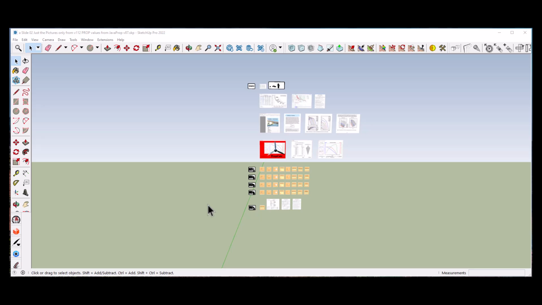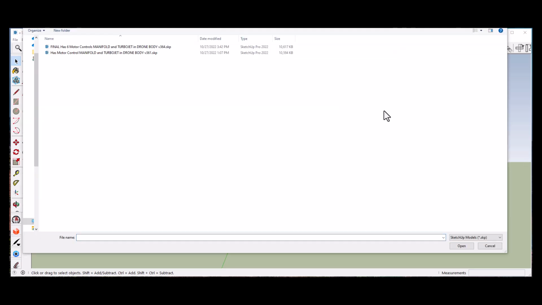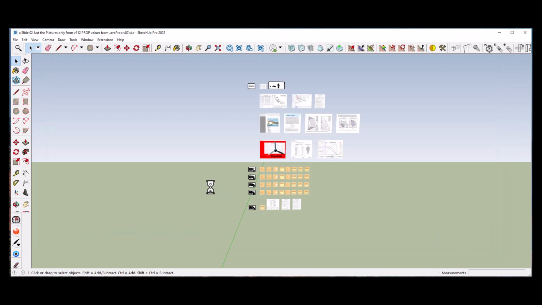But another thing that needs to be discussed is how to control the power that you have in the drone so that the drone can make controlled flight. And so that's my third, or I guess fourth, YouTube video that I'm going to make on that topic. And as an example, here is a SketchUp drawing I made that shows